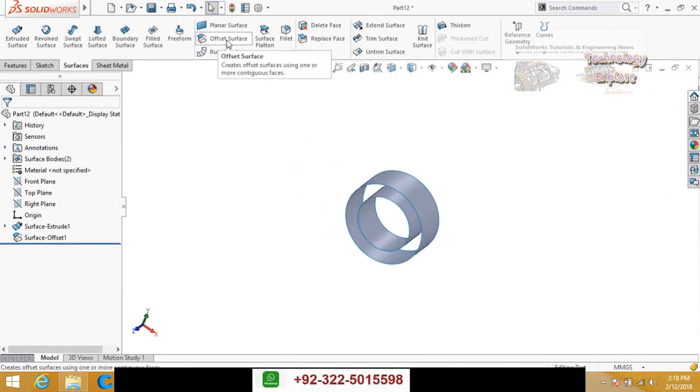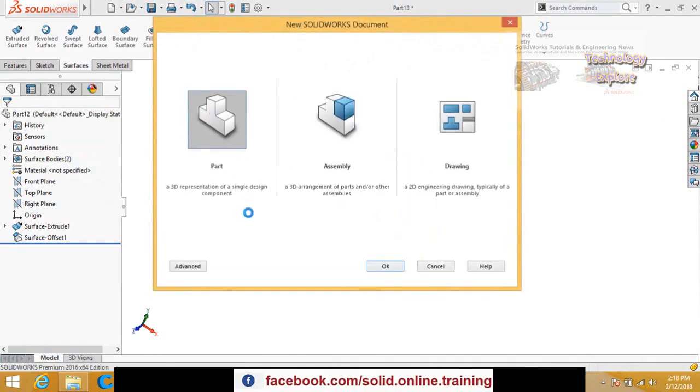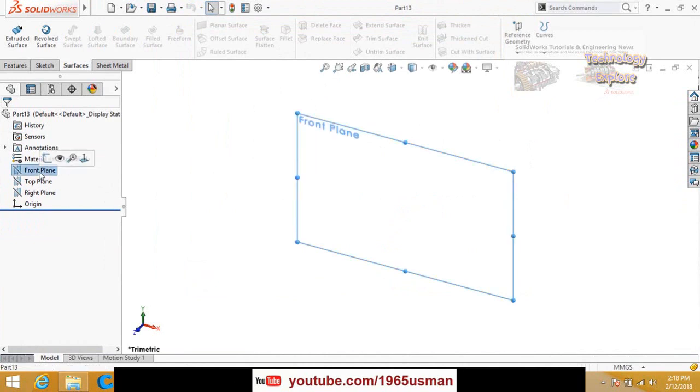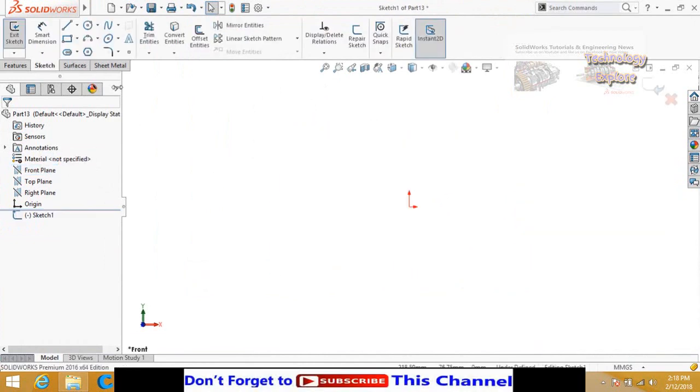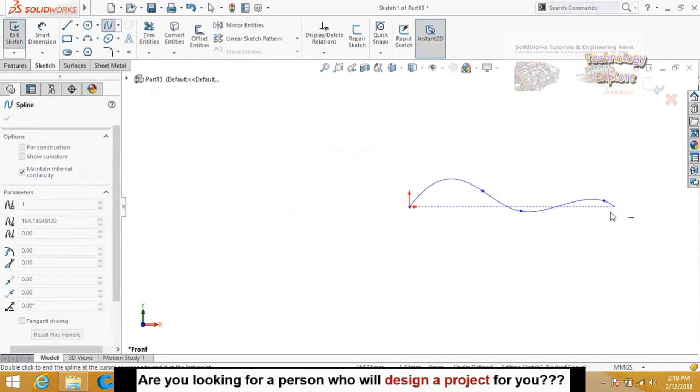After offset surfaces, we have another important command, surface flatten. So let's see how it works. For that, start from a new part. This command is used to flatten the surfaces. So let's see how. Create a sketch on front plane and draw an ellipse like this.